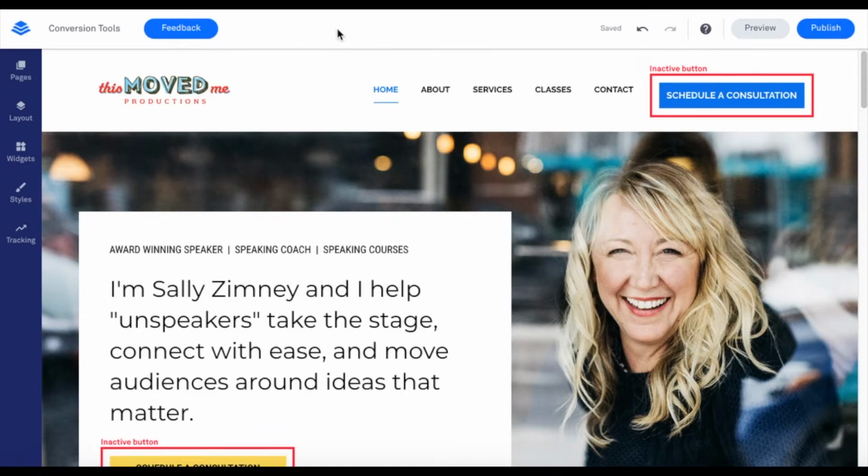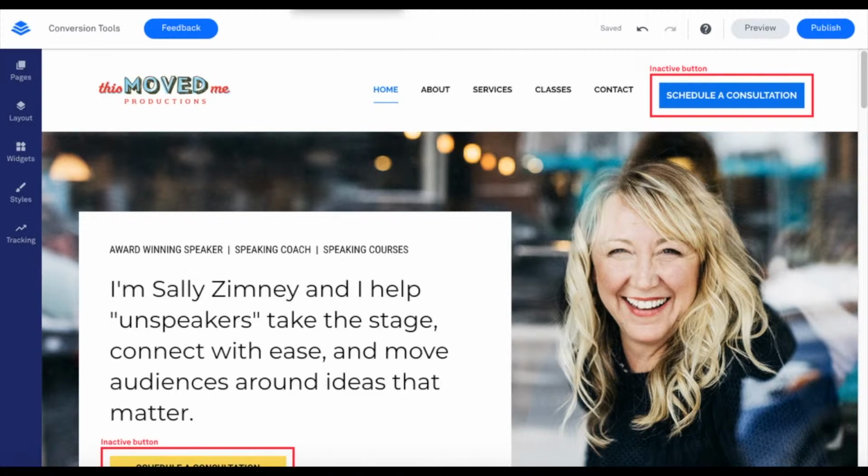With Leadpages sites, you can easily create a site that converts. When partnered with our conversion tools, your site can do even more. Today I'm going to demonstrate adding pop-ups and alert bars to your site. Let's get started. The first thing I'm going to demonstrate is showing you how to place a pop-up on your